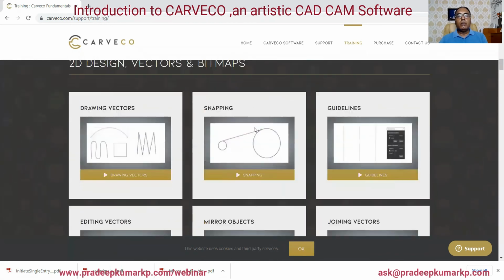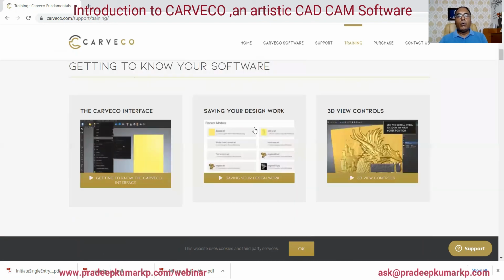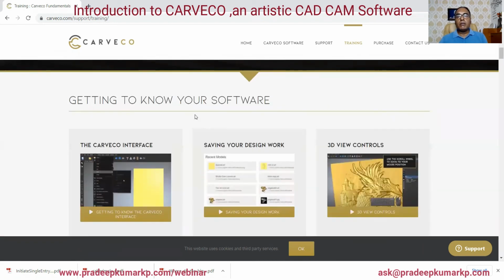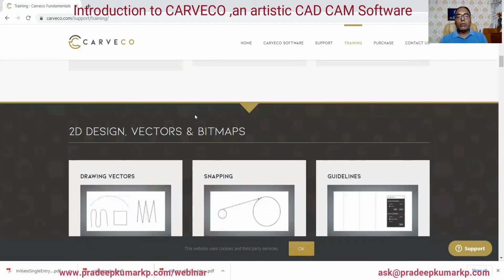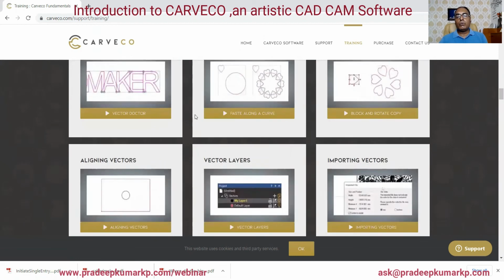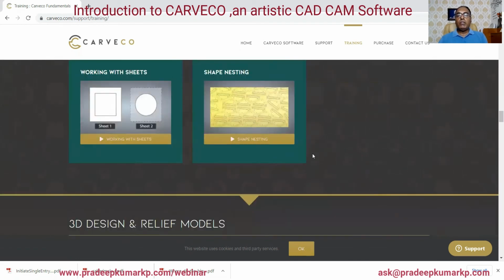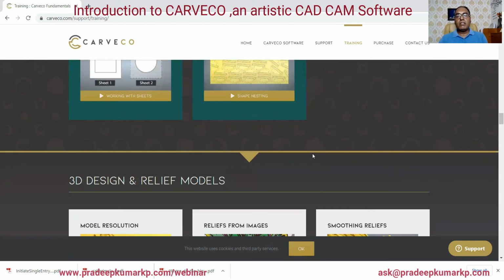This is mainly based on Carco Maker Plus. I don't think all the options are covered, but there are a few features. So a few commands have been explained here. So you can make use of this and take a wise decision to buy this software.